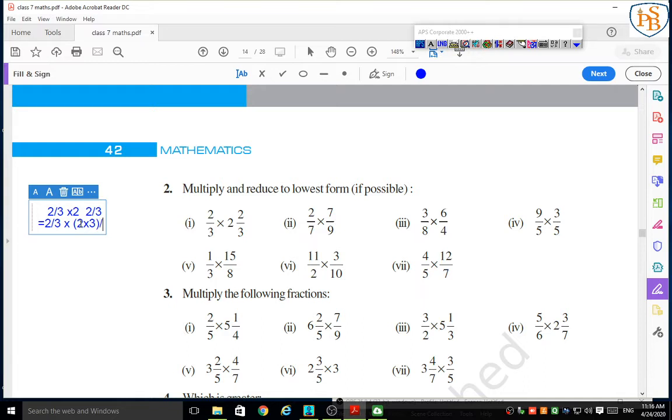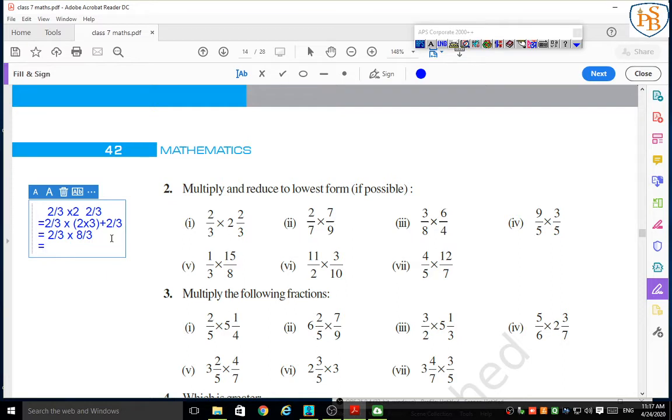upon the denominator, we will write the same 3, but before that we have to add the numerator here. So we have to write plus 2. Okay, so the next step of our fraction product is 2 upon 3 into 2. 3s are 6, 6 plus 2 is 8, so 8 upon 3.